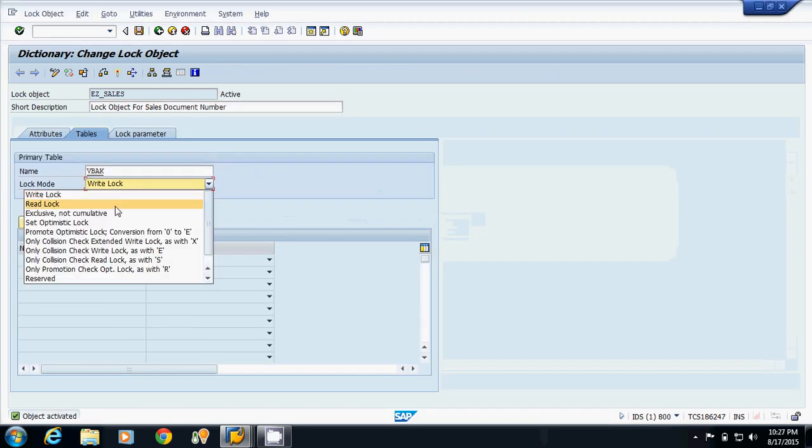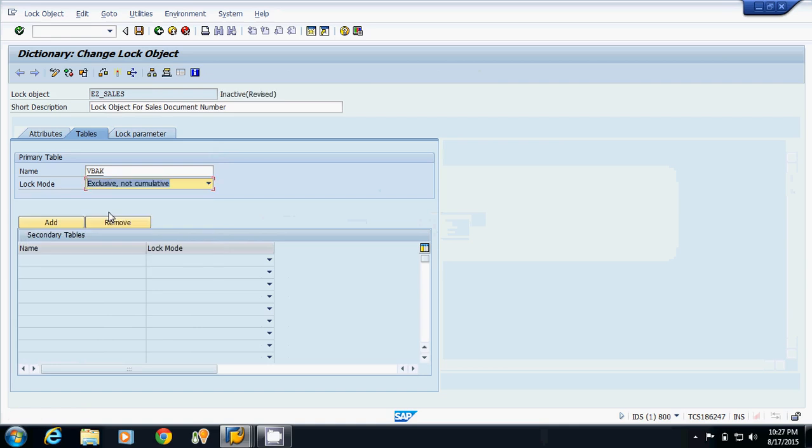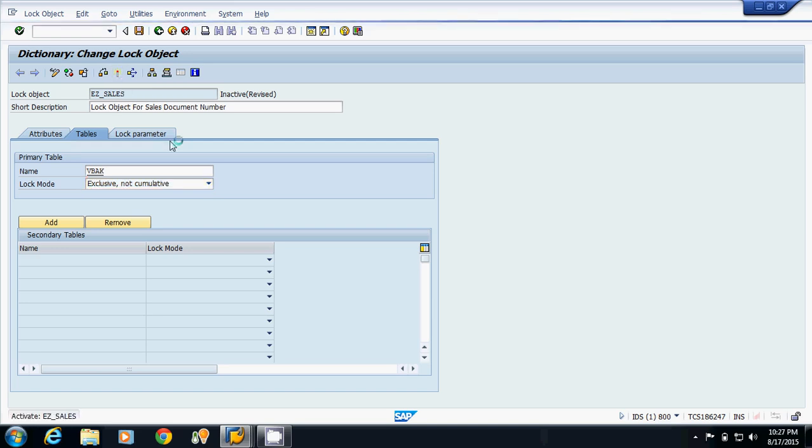Now we are taking the third mode, that is enhanced write lock, or exclusive not cumulative lock. Now I am activating the object.